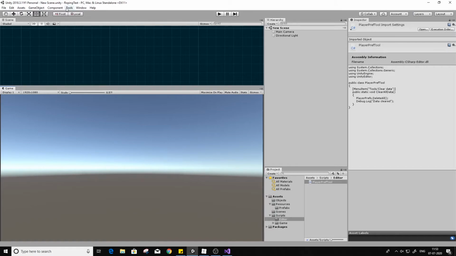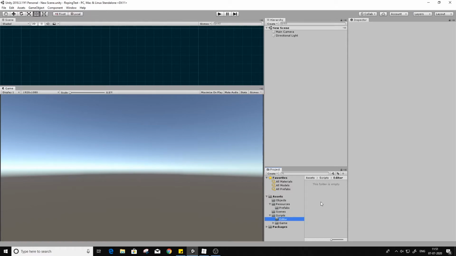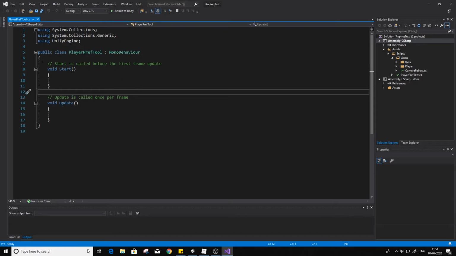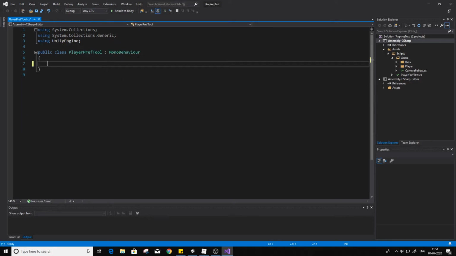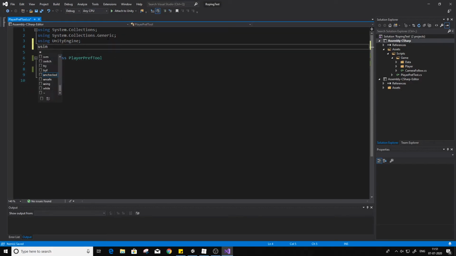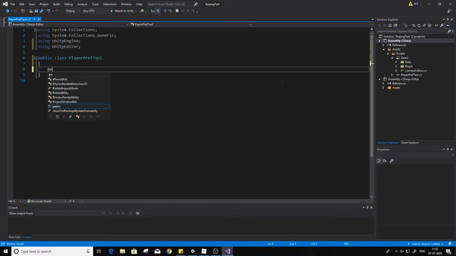Now, I generally use an editor script to add a custom button to call this deleteAll method. For this to work, let's create a script in the editor folder. In the script, you can remove the MonoBehaviour as it's not really required, and add the UnityEditor namespace. Now let's write a static method which we will call when we click the button.